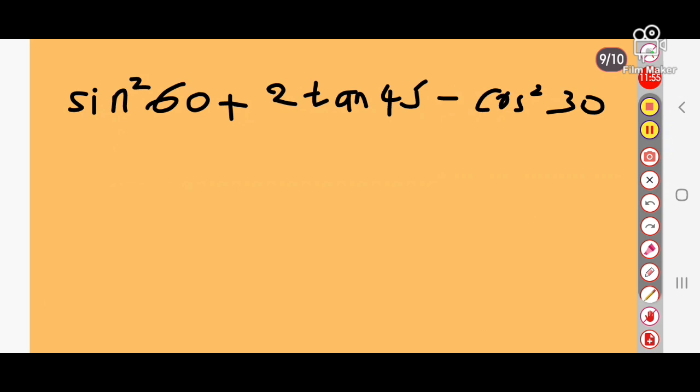So you don't need to mug up the values, because in some cases if you mug up sin 60, which is root 3 by 2, and in your board exam by mistake you put 1 or 1 by root 2 or 2 by root 3, the entire sum goes wrong. So kindly watch that video on how to remember the trigonometric table,